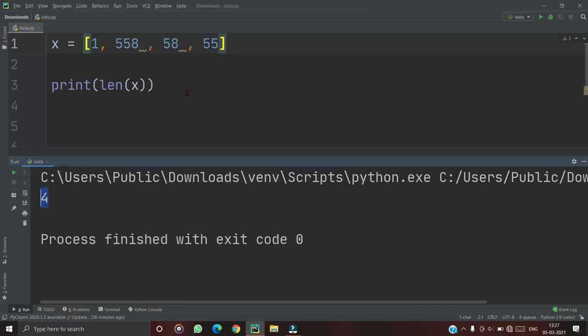Next, if you want to add two lists, suppose I have another list here, numbers, and I want to add, so I will just write x plus y.